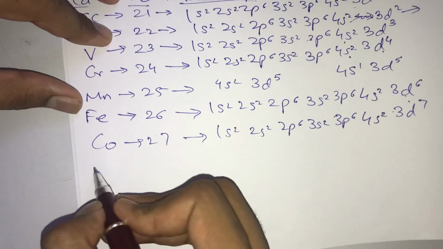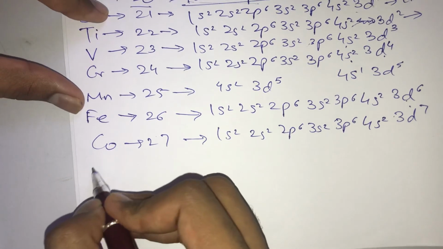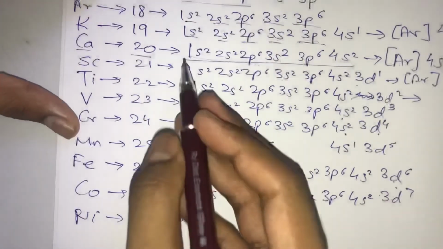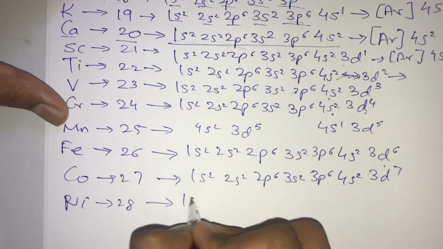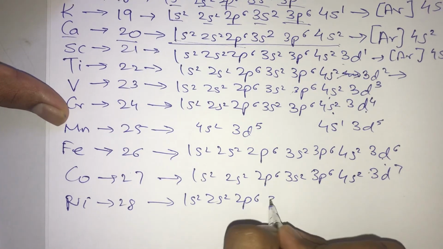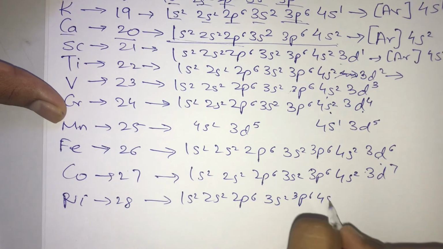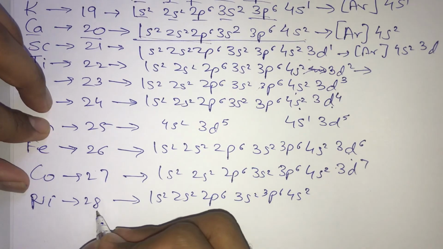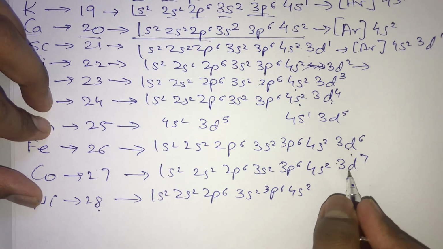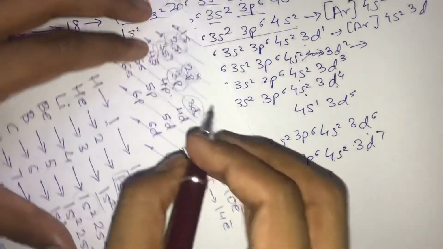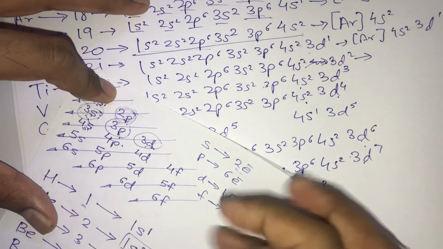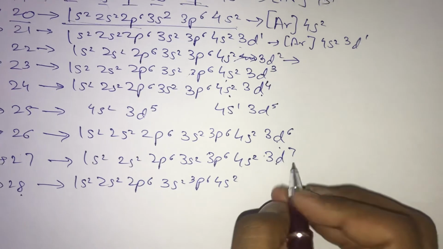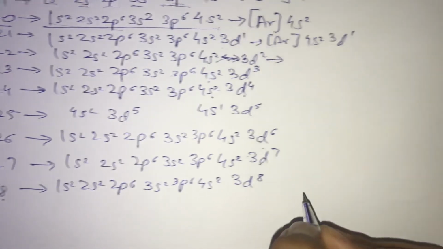Okay, now we move on to the next one, that is nothing but nickel, whose atomic number is 28. So obviously till 20 you have to write. Am I right? So I have written till 20. After 20 you have still 8 more electrons to go. So after 4s comes 3d. According to this diagram, if you have forgotten, after 4s comes 3d. Okay, so here guys, 3d can take a maximum of 10 electrons, but we have only 8 electrons left, therefore you are going to write 3d8.